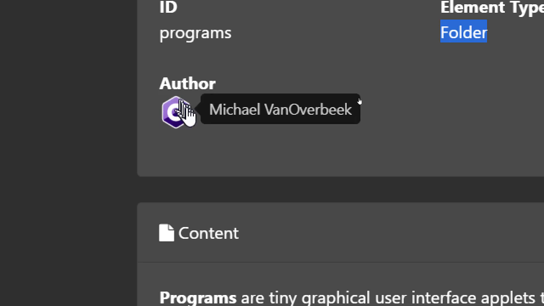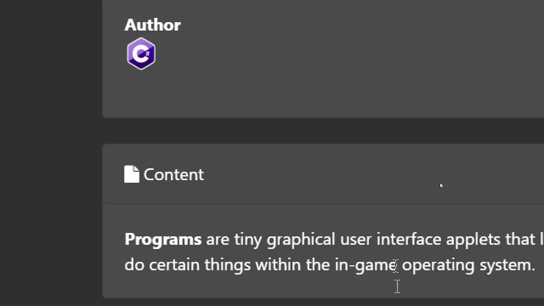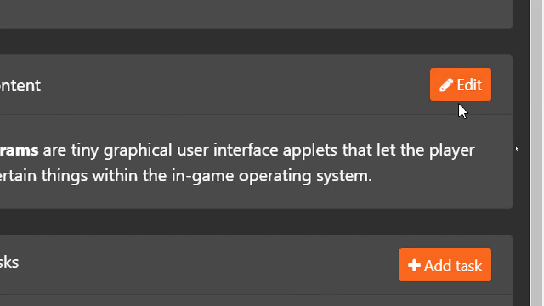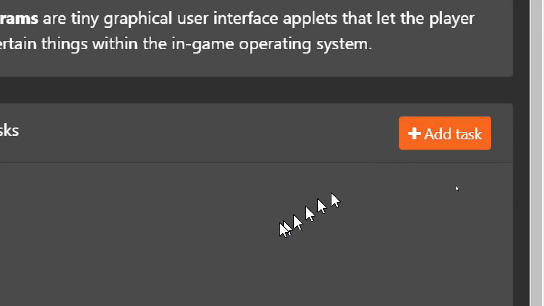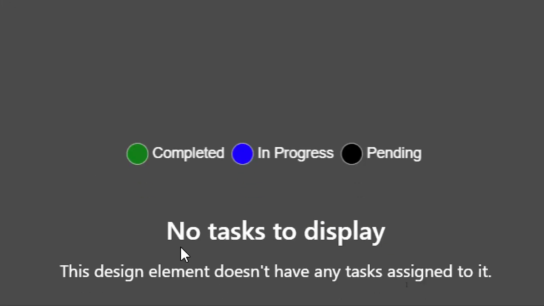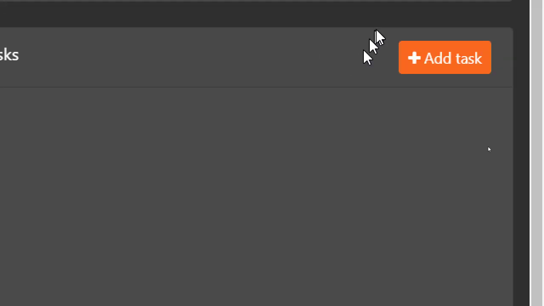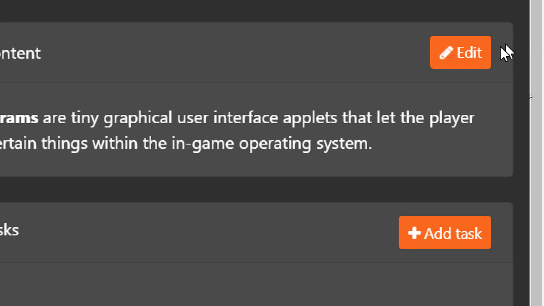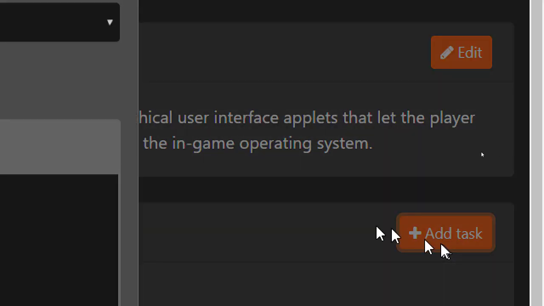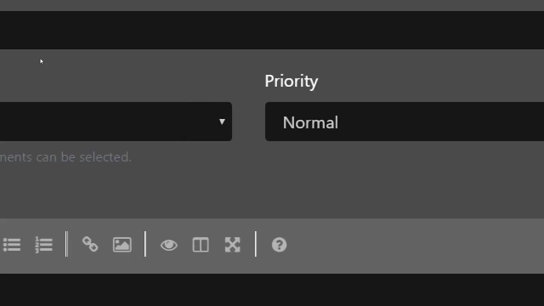It tells us the author of the element, which is me, the element's content, and allows us to edit it, and the element tasks. Now there are no tasks, but we can add a task from here. And if we do that, tasks are not implemented, so it's gonna 404 us when we try to submit this,